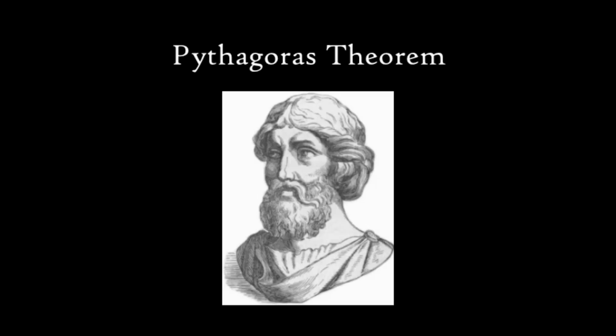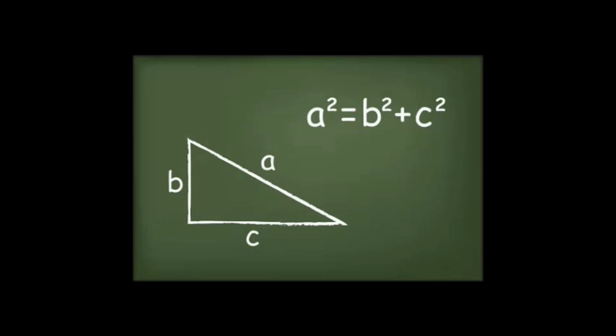What is Pythagoras theorem? In a right triangle, the sum of the squares of the smaller sides will be equal to the square of the largest side. In other terms, the hypotenuse squared is equal to the sum of the squares of the perpendicular sides. Okay, so here you have seen some proof in 9th standard, but here, using the idea of similar triangles, we will give a proof for the Pythagoras theorem.